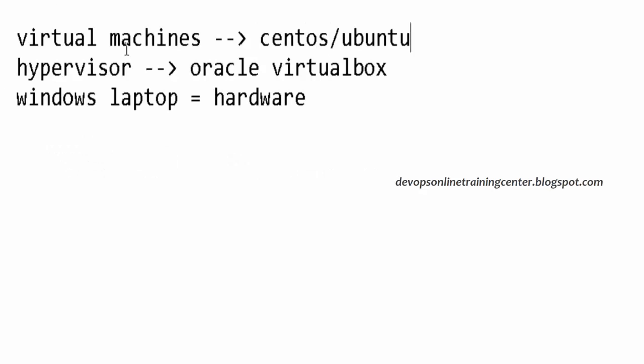Okay, so where is Vagrant coming into the picture here, right? If you have a Windows laptop and you install Oracle VirtualBox, we can directly, without using Vagrant, create the VMs, right? How do we create? First we need to create a template for the VM. We need to install the VM using the ISO. We have to download the ISO. That is the installation media. Just like how we install with a CD on a Windows laptop, in the same way we need to install with the ISO on the VM, right?